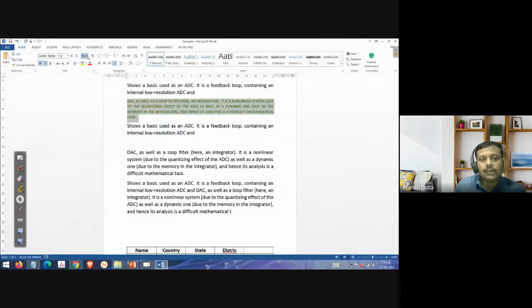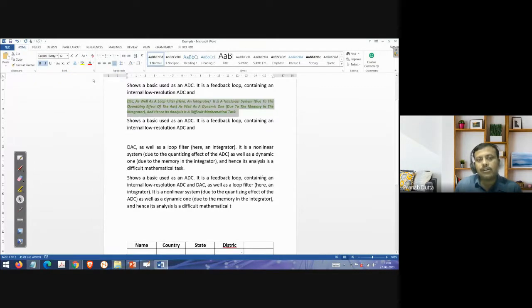Suppose this text is given here. If you see, I want to make the first letter of each word capital, right? Capitalize each word. See, in each word the first letter is capital. So we can easily do it without going to this one. I can do it here, right? Similarly, we can change the color from here, right? It is red, so I can make anything, whichever I want.